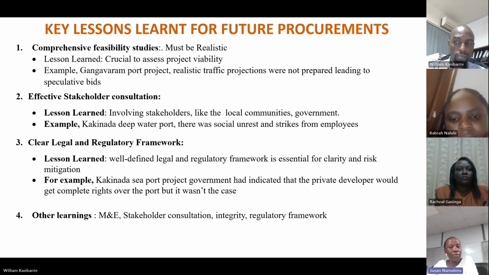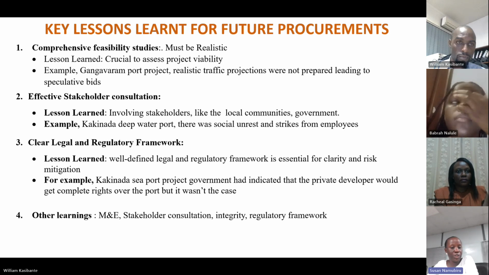Key lessons learned for future procurements in PPPs are that we must be realistic when we are doing a comprehensive feasibility study. There is need to effectively consult all the stakeholders, then we need to have a clear legal and regulatory framework, and this is evidenced in the Kakindana Seaport project. Other learnings include monitoring and evaluation, stakeholder consultation, and regulatory framework. It's important to